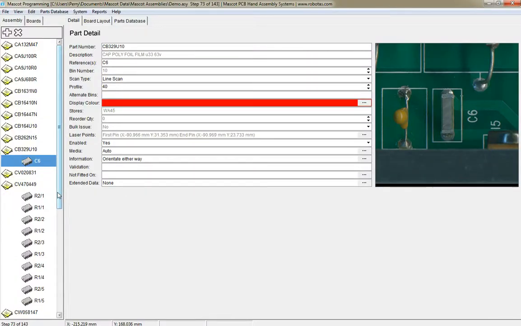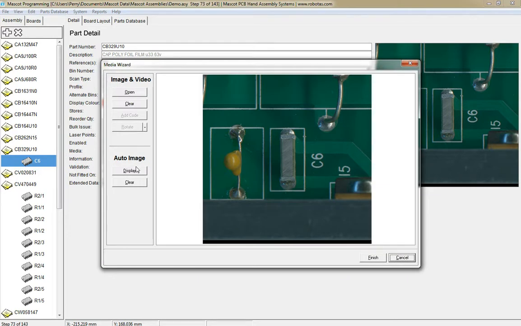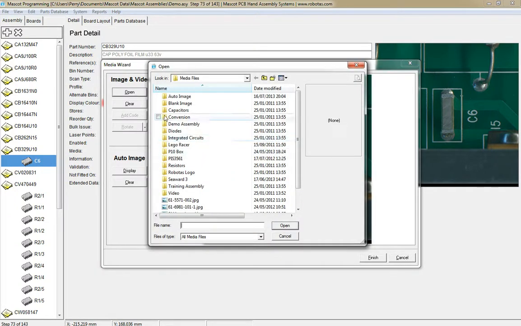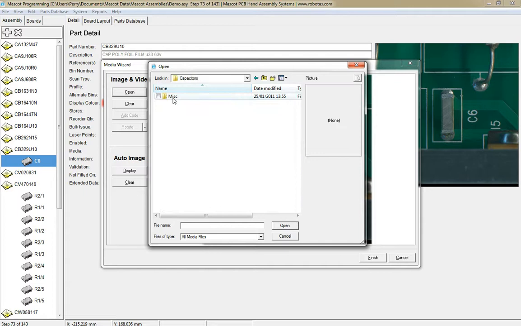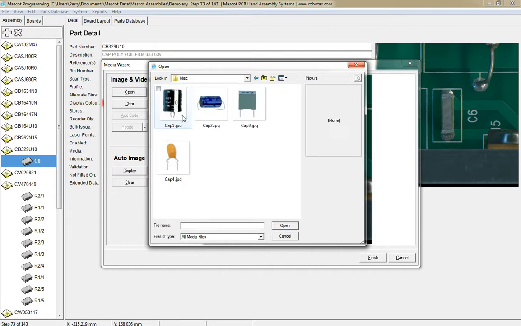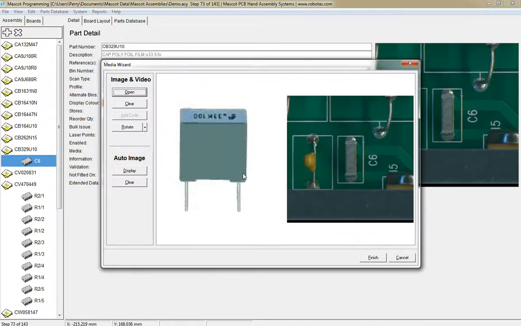We could also add another image alongside the auto image for the operator to view. So we can do this by the media, which is set to auto at the moment. It's showing an auto image, but we could also add a second image to display alongside. So if I open an image, let's see what we've got here. We haven't got anything that's that suitable, but if I say open this image,